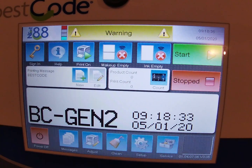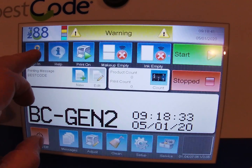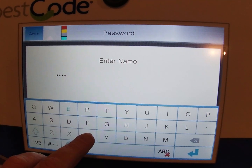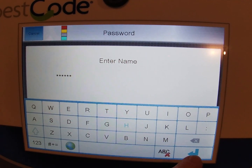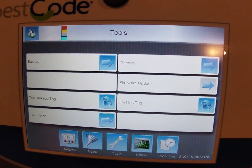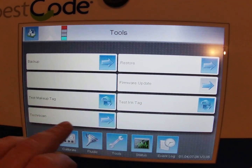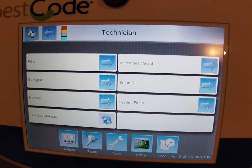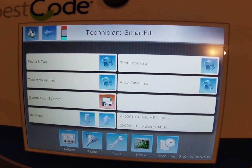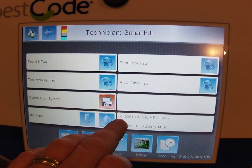Now, to commission the ink type, first of all, we're going to sign in. Again, the password here is GOTECH, G-O-T-E-C-H, and hit enter. Then we're going to go into service, and then into tools, and then into technician down here. You'll see another menu here, Smart Fill. So we're going to click that. Now we've got the commission type and then the ink type. Right now it's set up to